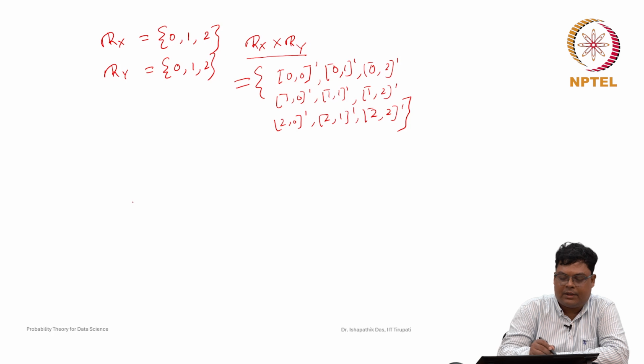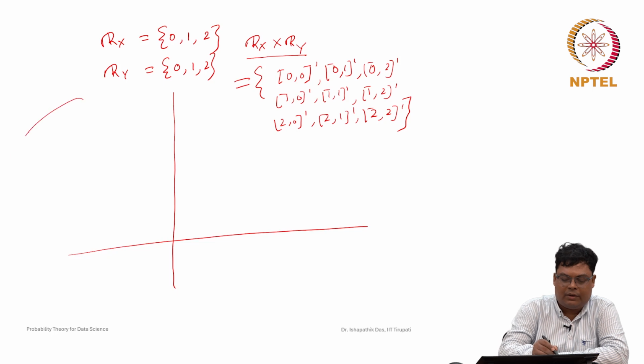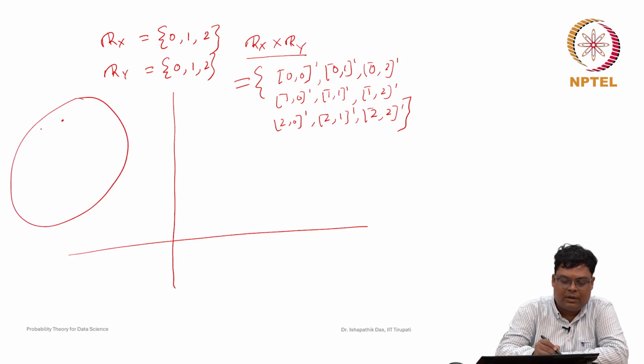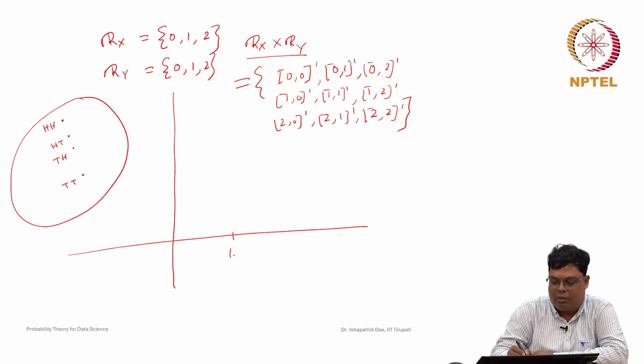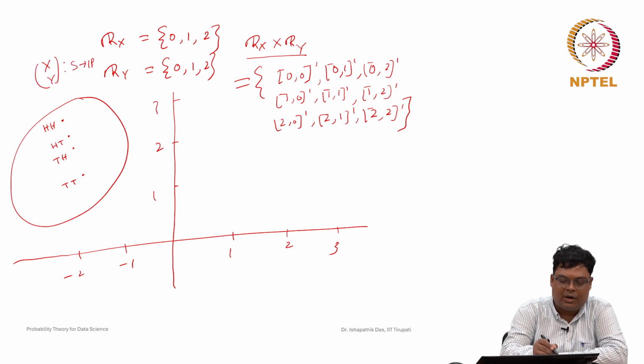Now, let us again find out what happens under this (X, Y). So, this is the sample space: head head, head tail, tail head, and tail tail. Now, under this random variable (X, Y), this function from S to R2,